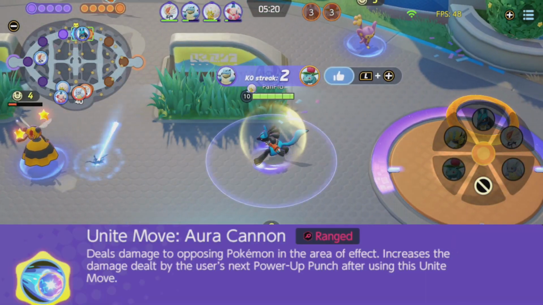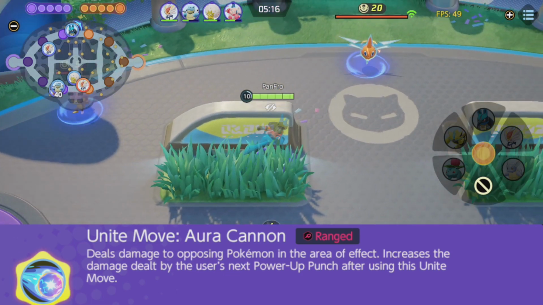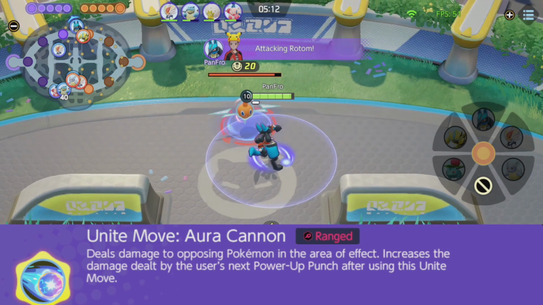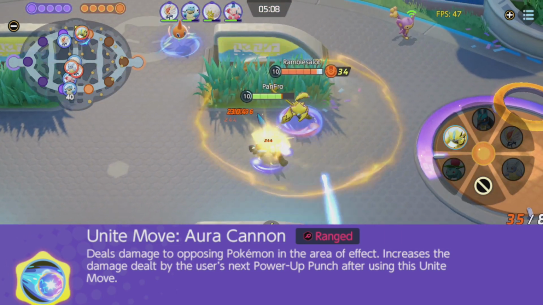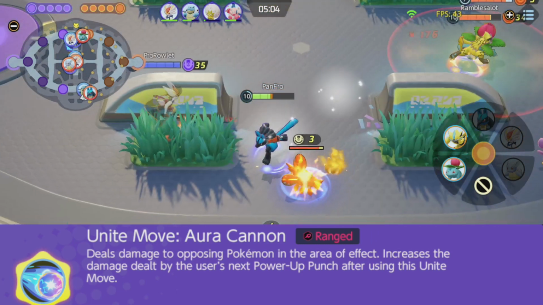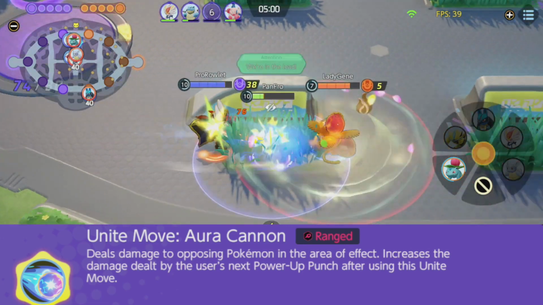Lucario's Unite move is learned at level 9, called Aura Cannon, which is a ranged attack. Deals damage to opposing Pokemon in the area of effect, increasing damage dealt by the user's next Power Up Punch after using this Unite move. It actually also resets the internal cooldown on opponents when using Extreme Speed, which is pretty cool. This attack does go across the map and can be used to snipe targets like Zapdos,